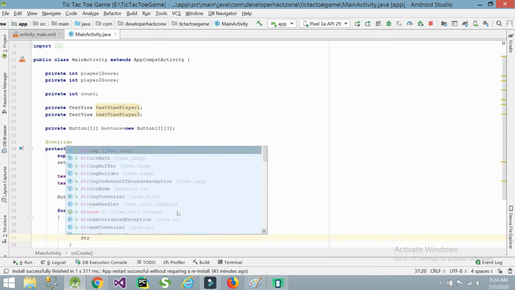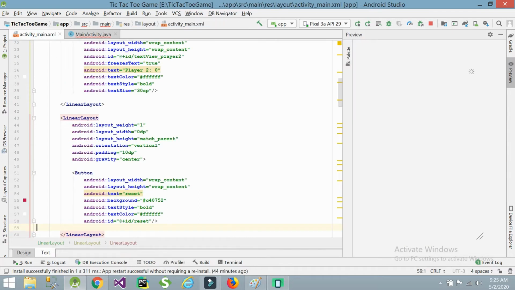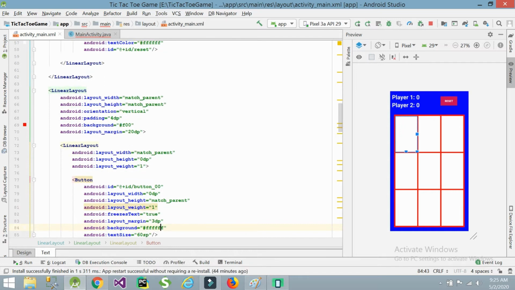In this I am writing String buttonID equal to. We gave the button IDs as button_00, button_01, button_02, like that.